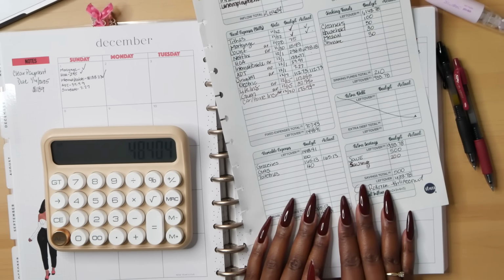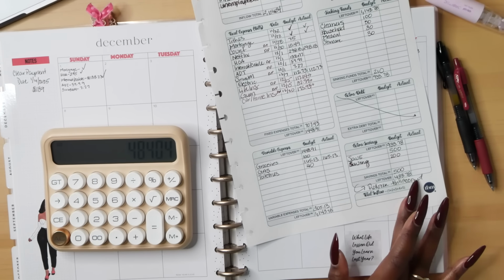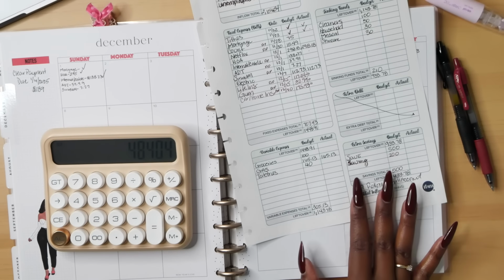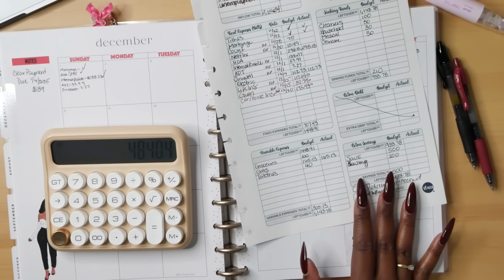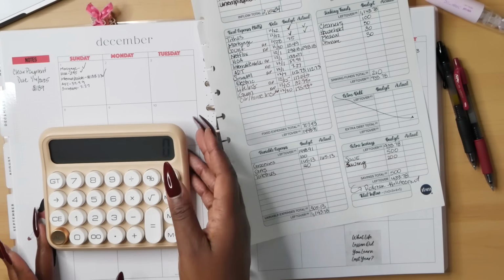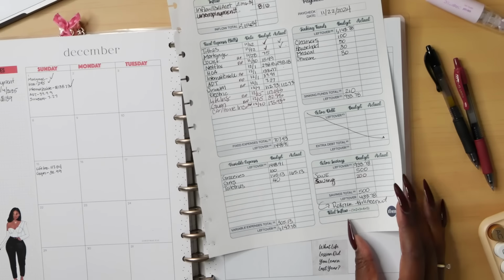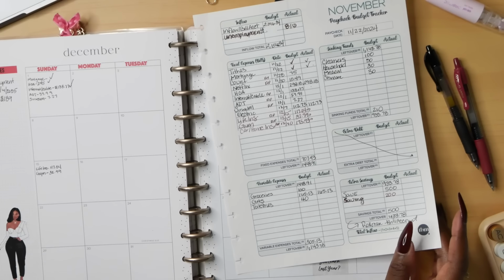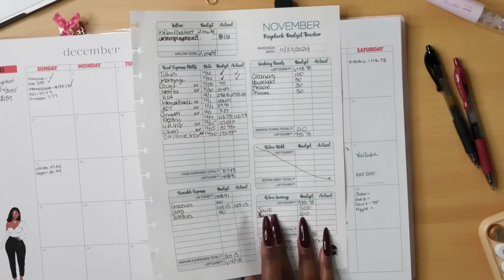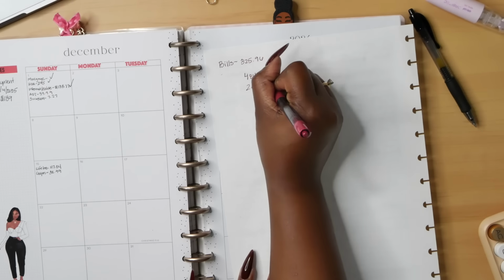I can take that money to add it to any bills that I need to. My savings challenges won't really start until January 2025. But prayerfully, I don't need to use this money, and that could just be a jump start to 2025. I do have a free month in December since I finished my saving challenges for 2024. So what is left over from this, if I do savings, which is $200,